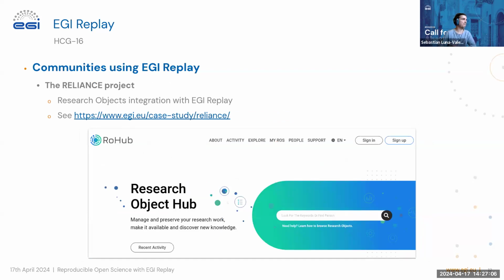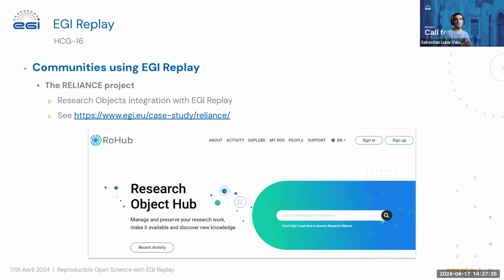But also we have the Reliance project. Reliance provided a platform called RoHub to publish and share research objects. And inside that research object, you may have Jupyter Notebooks.